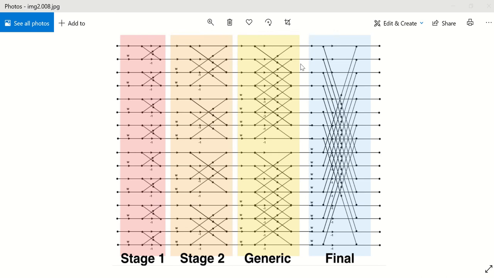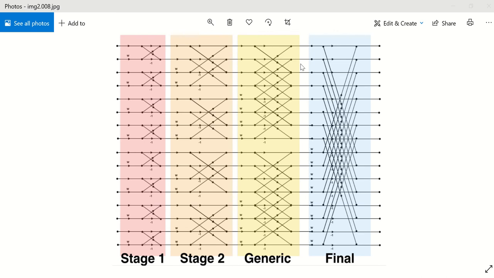When we use DIT, the input samples are decimated, so we get the output in the right sequence, that is Y0 to Y63. But in decimation in frequency, we give the input samples in the right order, that is x0 to x63, but the output samples will be in a different order, that is the decimated even and odd samples respectively.